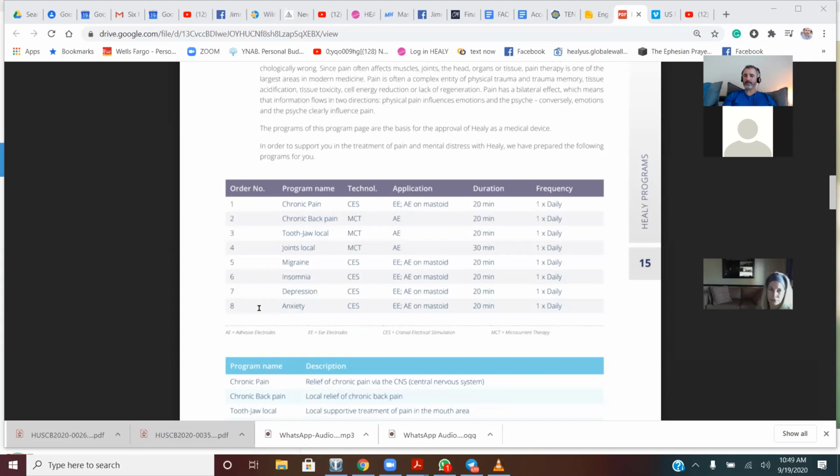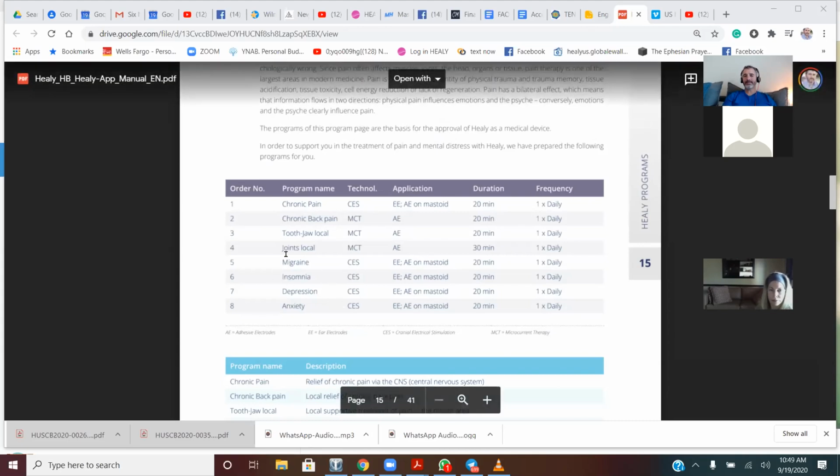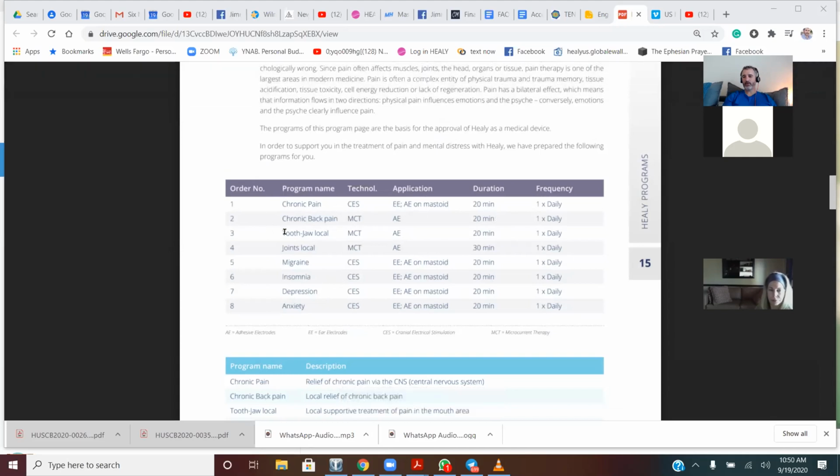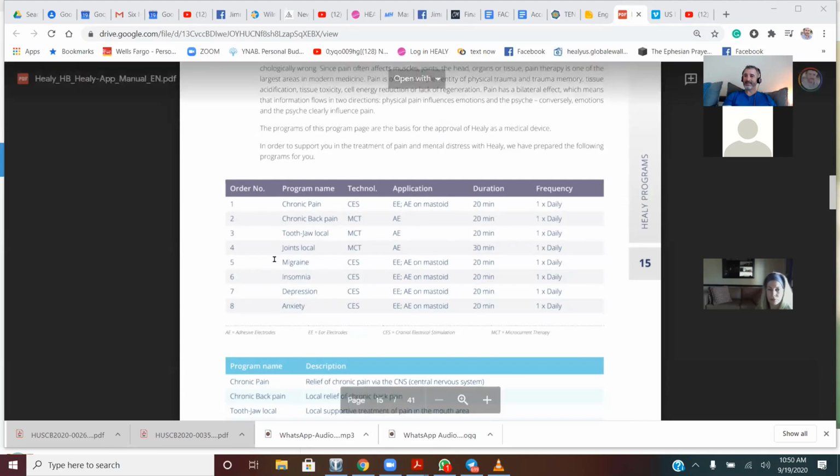So I find it interesting that some of the mental programs and some of the pain programs go together. Sometimes I muscle test myself instead of running a resonance program, and sometimes when I muscle test myself, if I'm experiencing a certain amount of physical pain, the program that comes up to use is actually the depression program. I go, very interesting. Yet they're under the same program category, right?